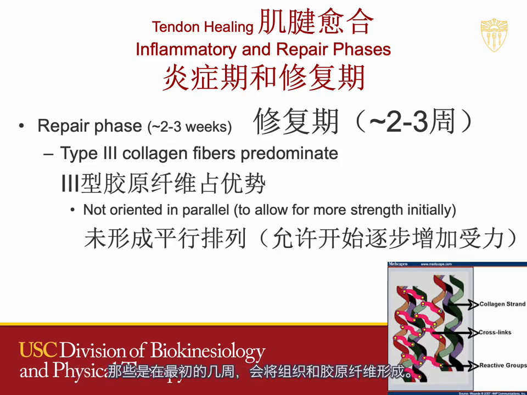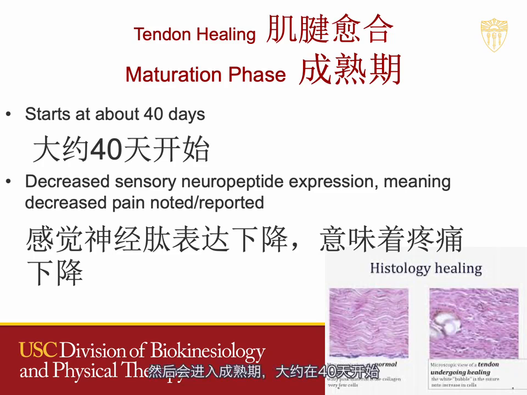And so that's initially, during those first couple weeks, the type of tissue, the type of collagen fibers that are going to lay down. And then we move into the maturation phase, which usually starts at about 40 days, okay? So during those first 2 phases, again, think about, okay, we've got these interesting other fibers that are coming into play here. And then at 40 days, we will start to try to get more type 1 collagen coming in. So we're moving from the type 3 that's a little bit all over the place to type 1